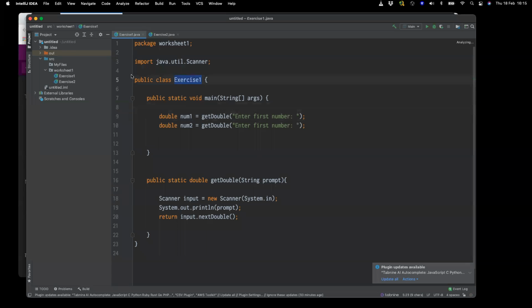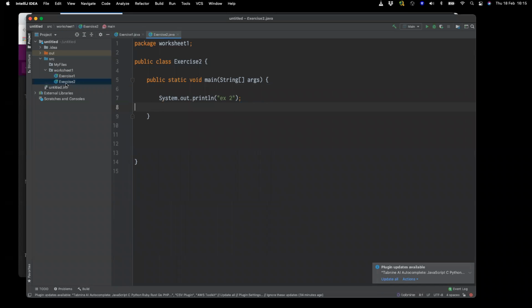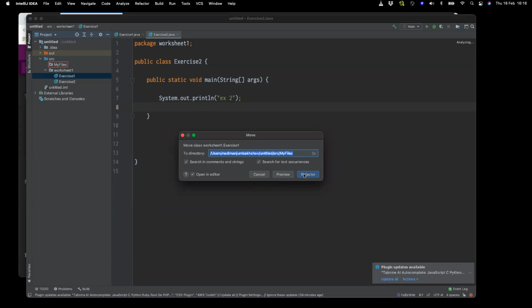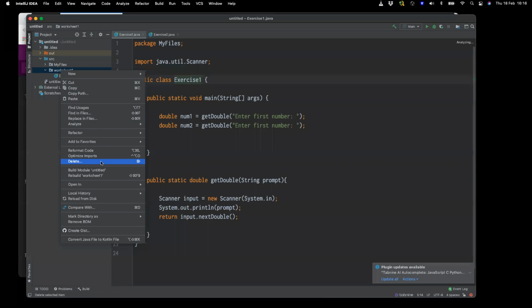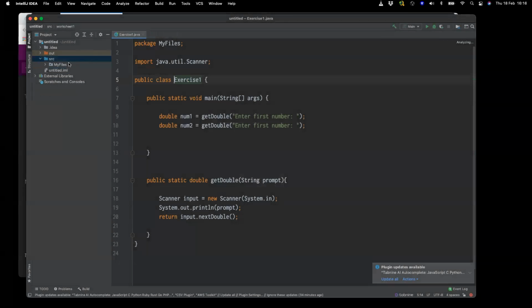Rather than make each, see, I've got a worksheet folder here with 2 exercises in it. You end up multiplying the number of files that you have. A better way to do it would perhaps be this, and this would be my recommendation: not even have a worksheet folder. Let's get rid of that. I'll just give you a suggestion for it. I'm going to get rid of all of that, right? Delete that worksheet folder. The simpler structure that you can use is this.